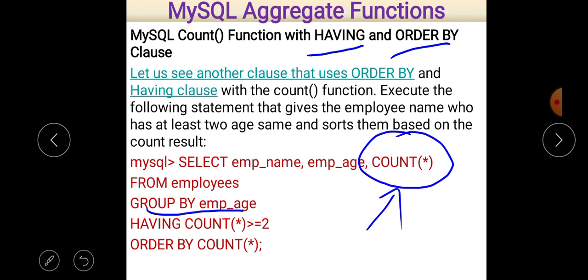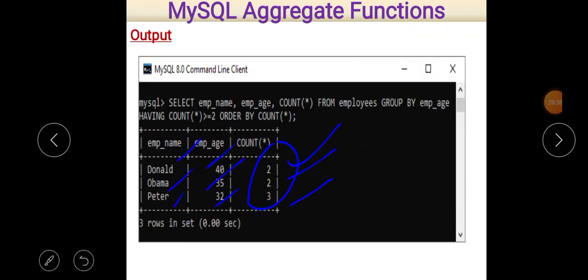The second important thing is that if there is a condition and that condition is related to a group, it must be specified with the having clause, which is mentioned just after the group by clause. And at last, if you want to arrange the data in ascending or descending order, then the order by clause should be used. And that is the answer, you can easily see on the screen.